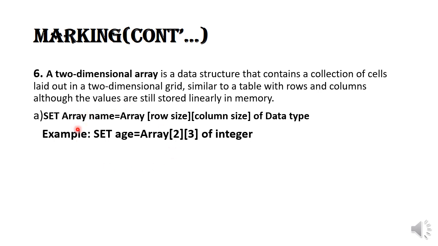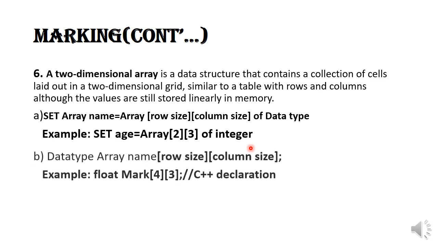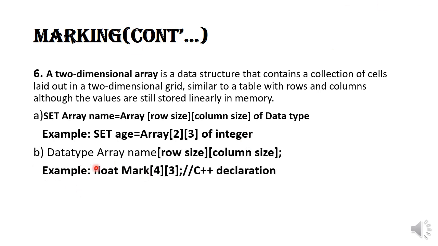For example, we have set age, which is equal to an array of 2 rows and 3 columns able to store integer numbers. So data type, array name. So this is how we can declare a two-dimensional array in C++. This is the C++ declaration of a two-dimensional array with a given number of rows and a given number of columns. Don't forget to write down the semicolon,